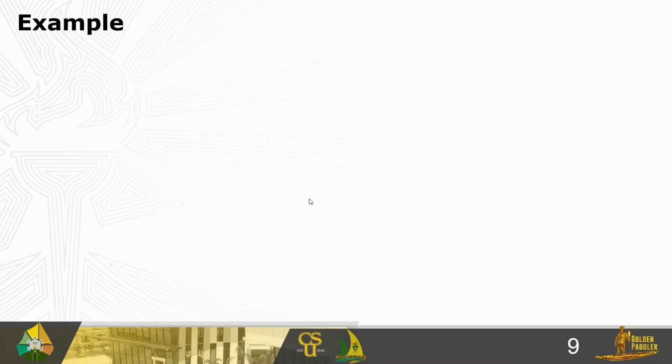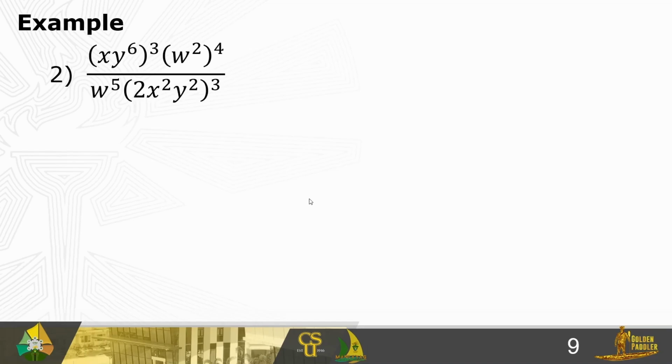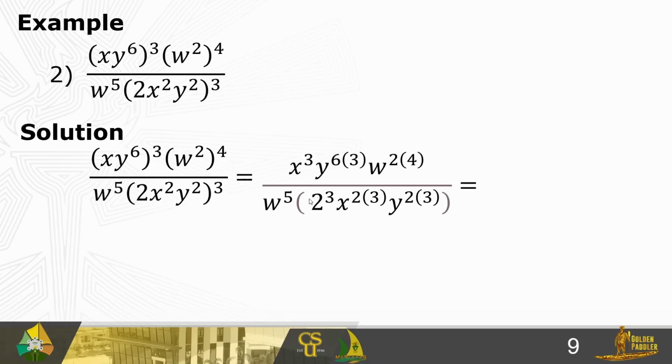Another example, the expression (x y to the power of 6) raised to the power of 3 times (w squared) raised to the power of 4 over w raised to the power of 5 times the expression (2x squared y squared) raised to the power of 3 is just equal to x cubed y to the power of 6 times 3, or simply distribute the exponent 3 towards the exponents of the bases of the first expression, times distribute this 4 to the exponent of w, so we have w raised to the power of 2 times 4 all over w raised to the power of 5, and distribute the exponent 3 towards the exponents of the bases,